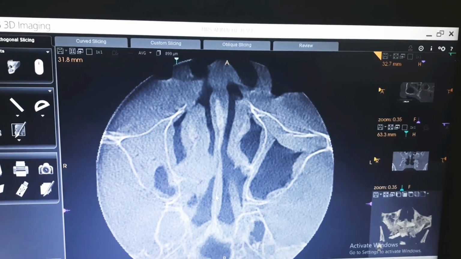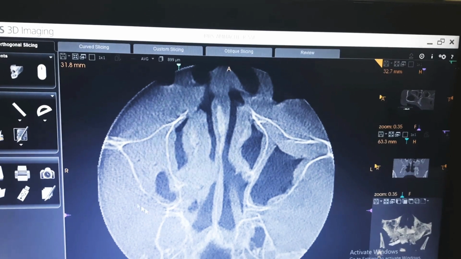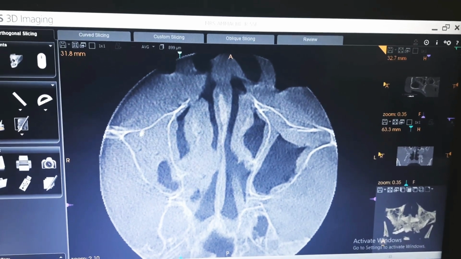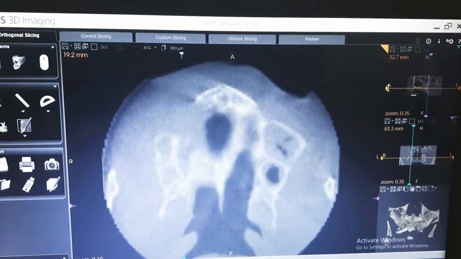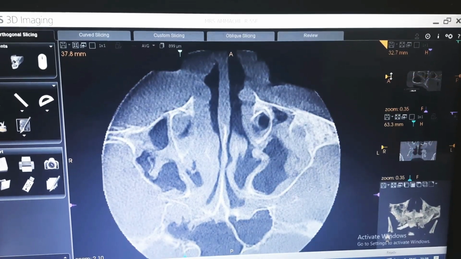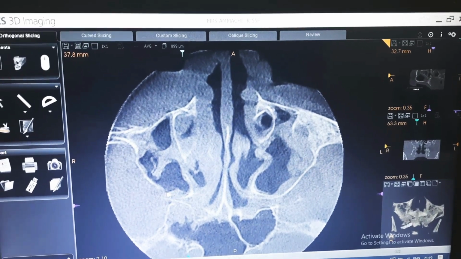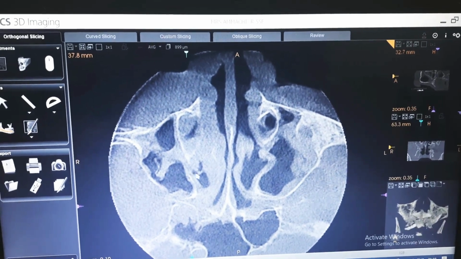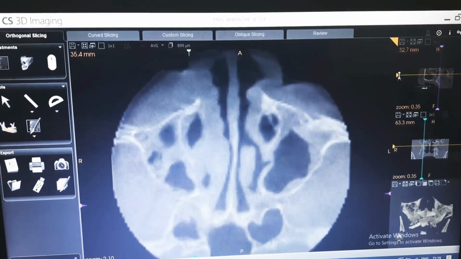You can see that there is erosion of the nasal septum, and also thinning and bony effacement of the walls of the right maxillary sinus. Compared to the left side, there is a reduction in the size of the maxillary sinus on the right side. As I move more towards the cephalic region, there is a breach in the medial wall of the sinus, where the lesion is extending from the sinus into the right nasal turbinate region, and also involving the